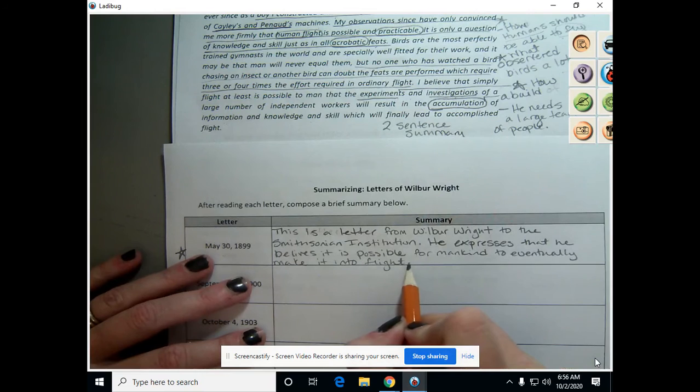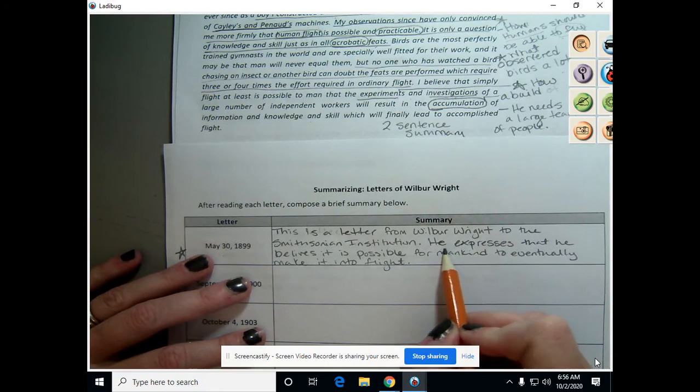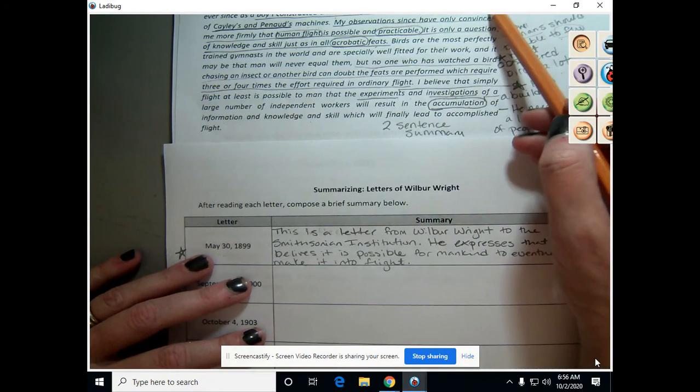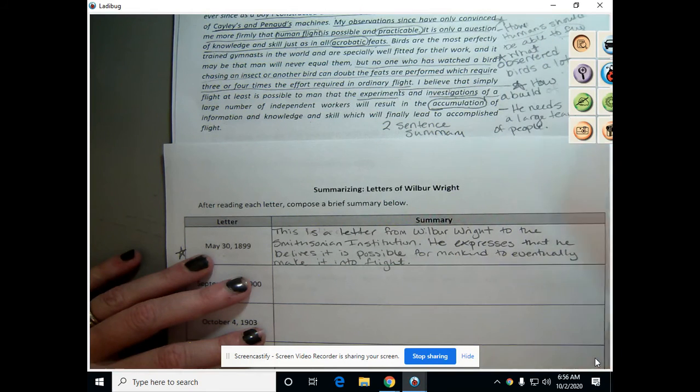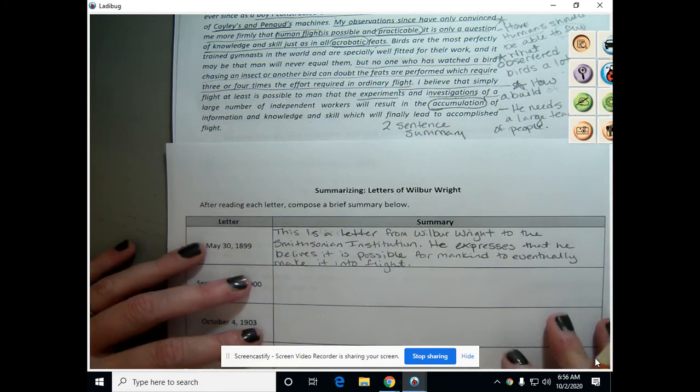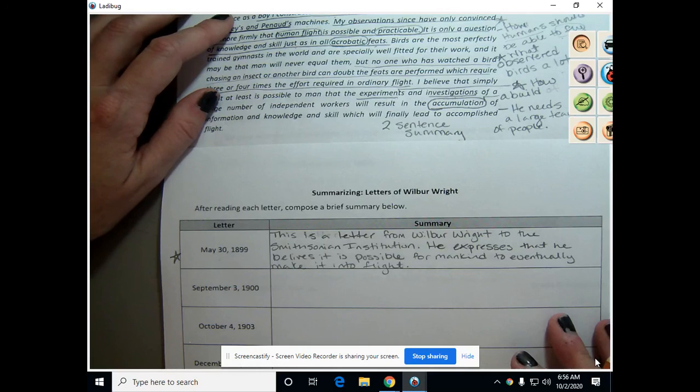And I've just expressed that idea right there. So if we say that he's expressing the idea that he believes human flight will eventually be possible for mankind, we're going to take this procedure that we've done, identifying who